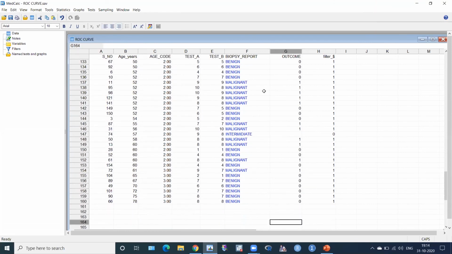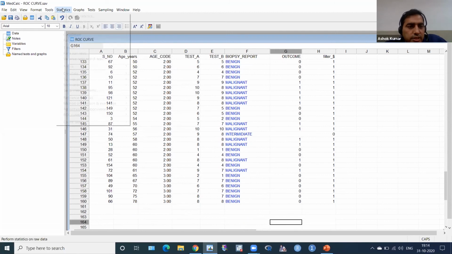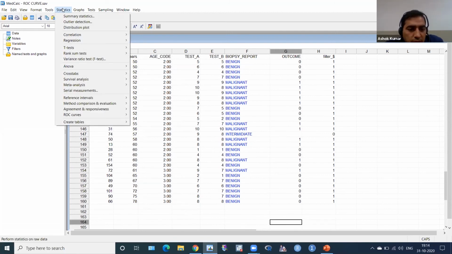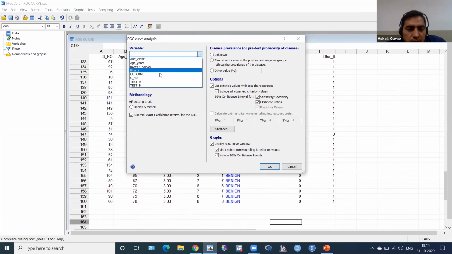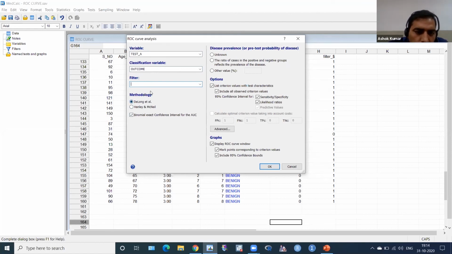Okay, then statistics, ROC curve analysis, this one variable, this is test A, classification variable, outcome. Then you can use a filter for this to remove 2. You can use it, but I don't. And you have to use the methodology DeLong et al.